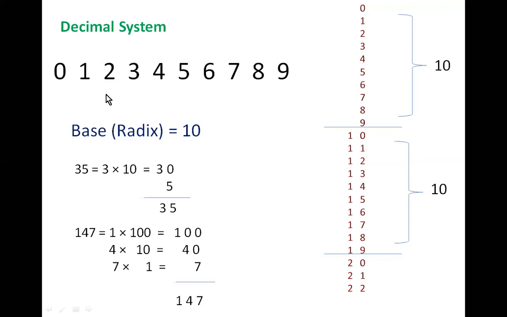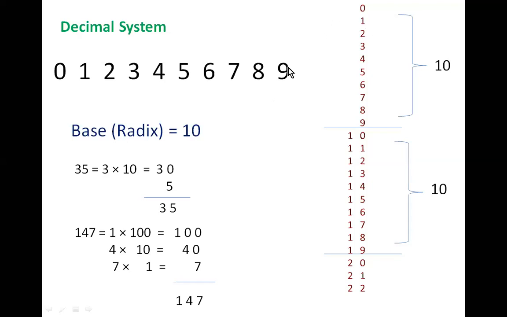This is a terminology, base. Base is one terminology in the number system. It is also called radix. In the decimal system, the base is 10, or radix is 10. This 10 is nothing but the number of symbols present in the system. In the decimal system, how many numbers are present? 10 different numbers, 1 to 9 including 0. So the base of the decimal system is 10, right?